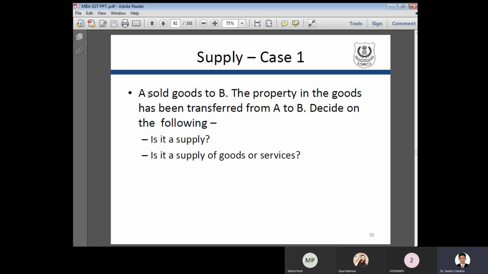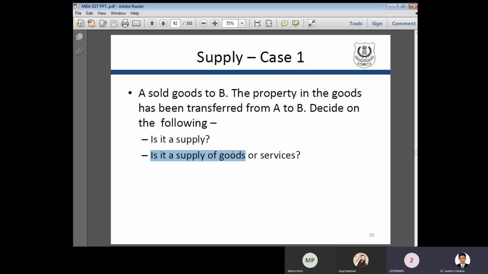Read the statement very carefully. The answer lies right there. Goods are transferred, supplied. What is this? Sold. Okay. Once the sale is done, then which type of contract? It is an executed contract. So the ownership, rights, possession, everything has been transferred from one person to another person, and hence it is a supply. Why is it a supply? Because it has been transferred.